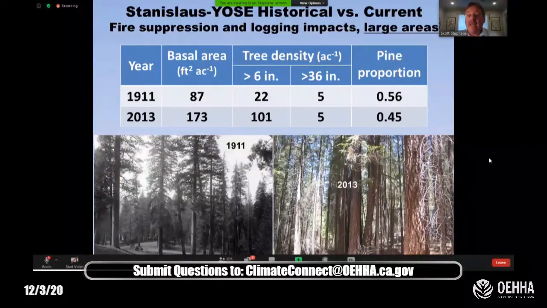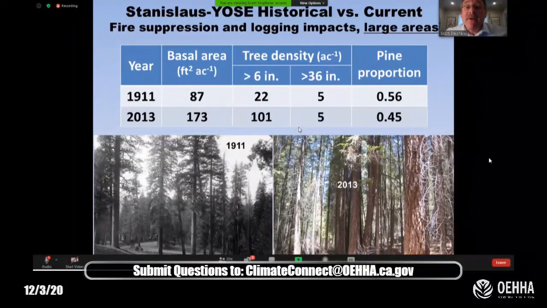So we were able to actually go back to the same locations that were measured in 1911. You see the data here from 2013 and 1911. The lower left picture is a photograph taken in 1911. You can see that very open mixed conifer stand, not too much in the understory. On the right is a day I was out with the field crew measuring one of those sites in 2013. And you can see here a huge increase in tree density and lower tree diameters. And the data above tell us that.